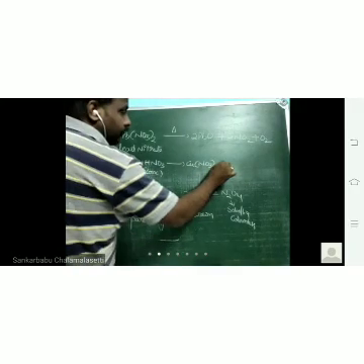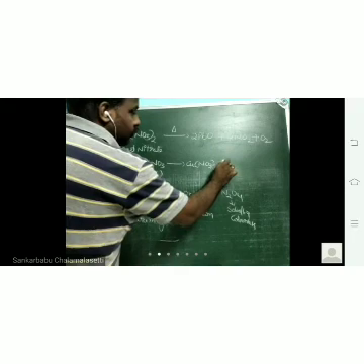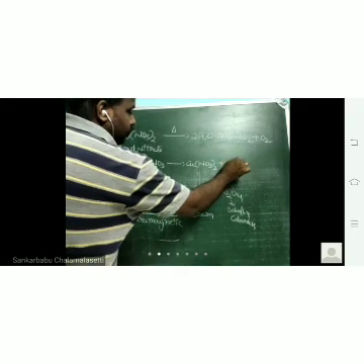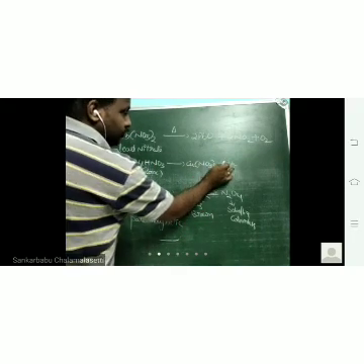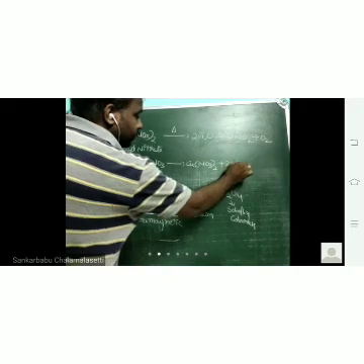Now 4 nitrogens are there. 4 nitrogens are converted to 4. Already 2 nitrogens are here, so we have only 2, so it is converted to 2NO2. These are the two methods for preparation of